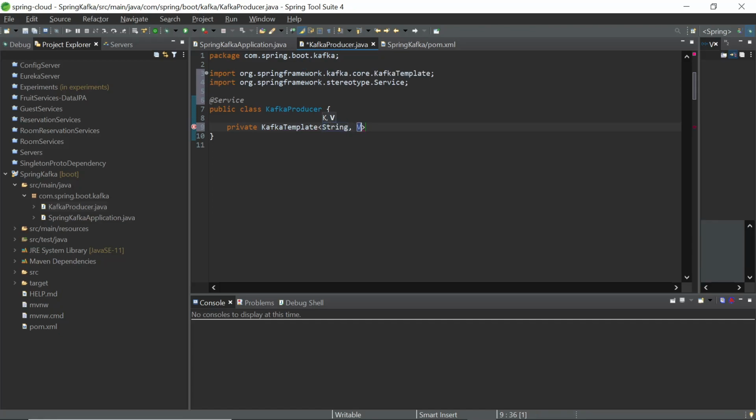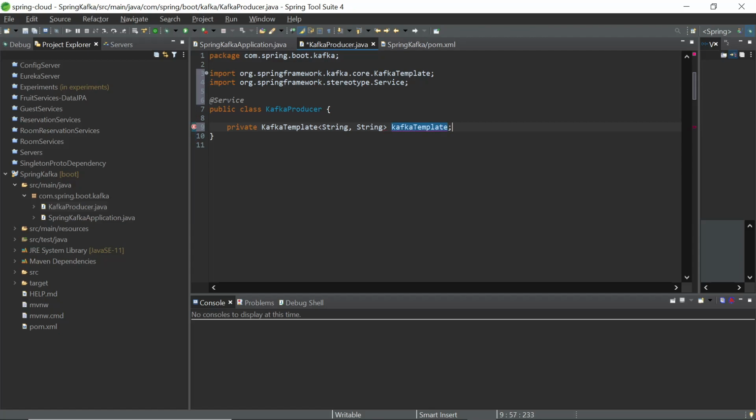So you can see that it's generified, there's a key and a value that you need to specify here. So the keys help us identify which partition this particular data should go to. Keys are optional. If we don't specify the keys, then the data would be round robin into one of the different partitions.